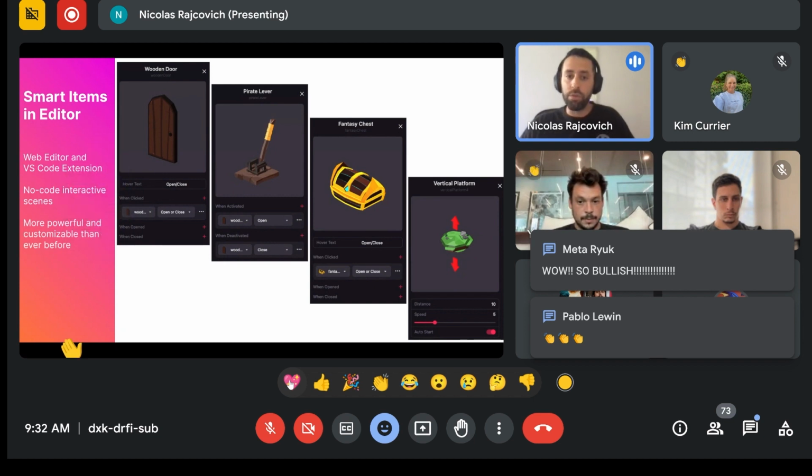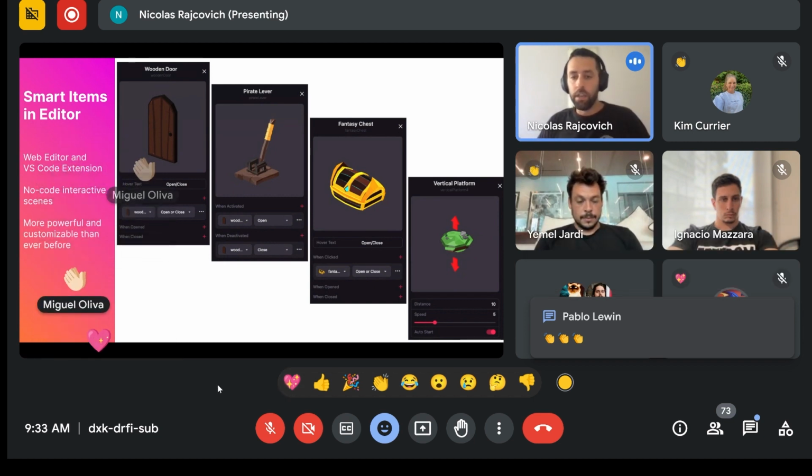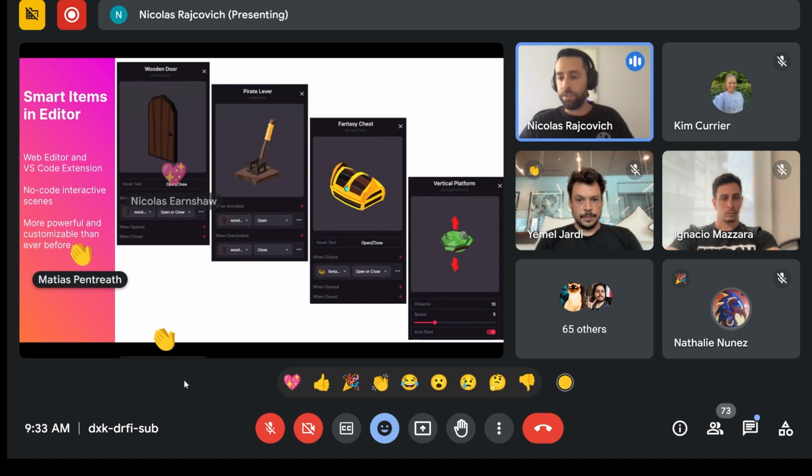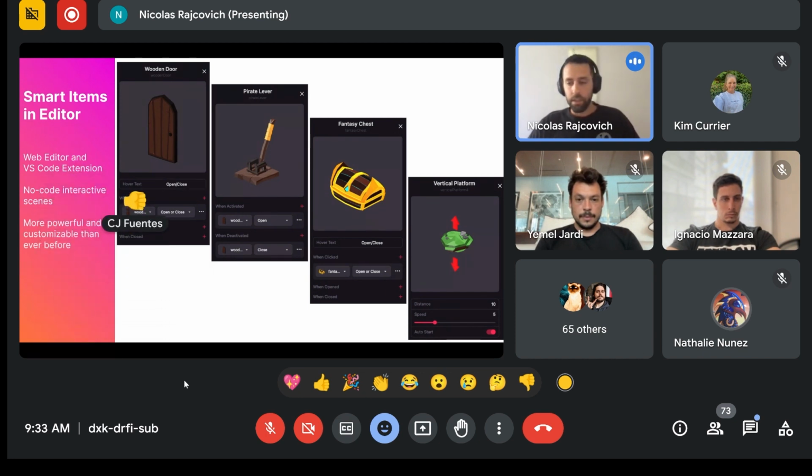And if you don't know how to code, this is also a great way to have interactive scenes, which are more fun and more engaging, without the need to write code. So a few iterations from now, we will be able to enter the builder DApp and create a scene with interactivity, just with clicks and drag and drop. This will be really cool as well.